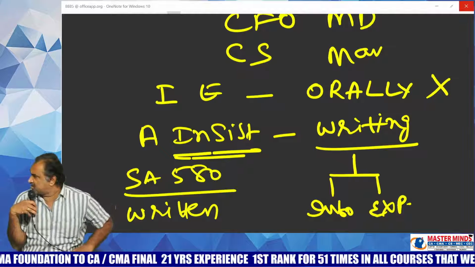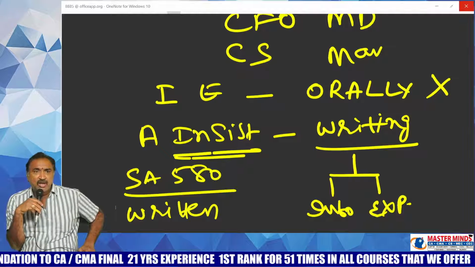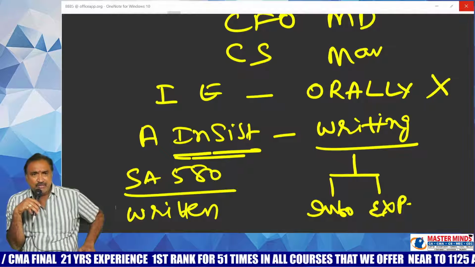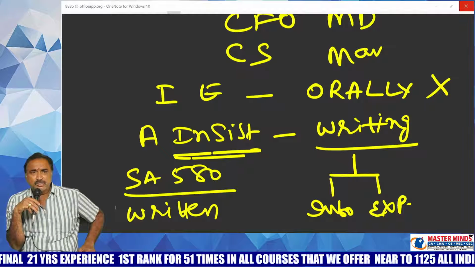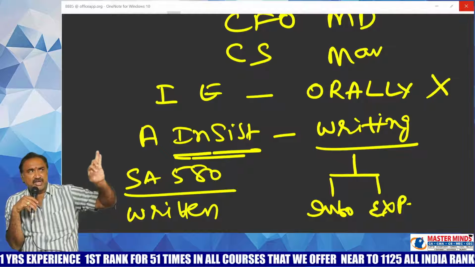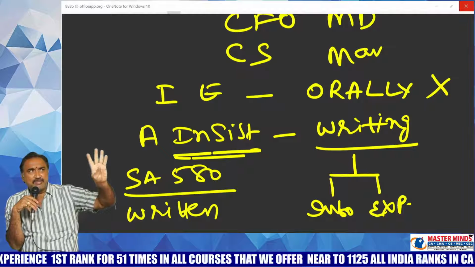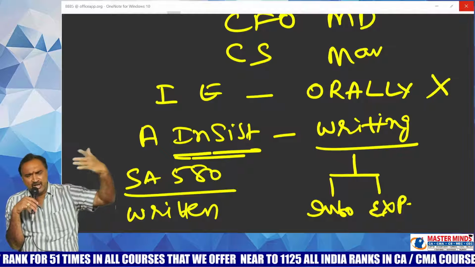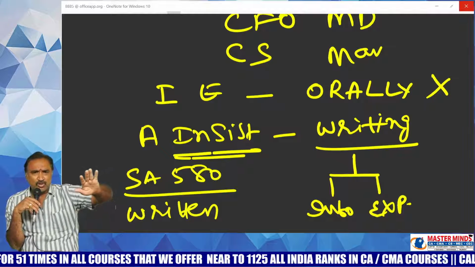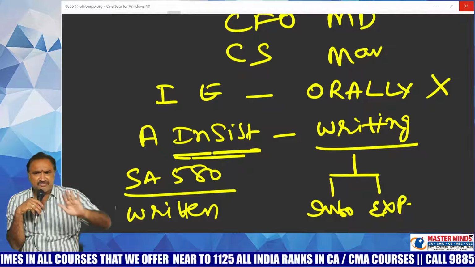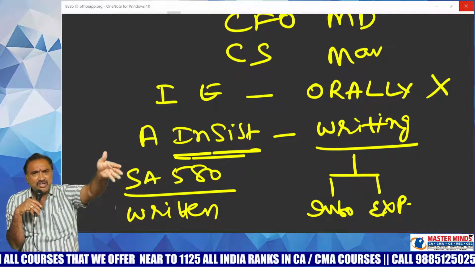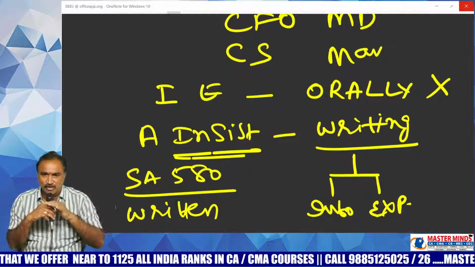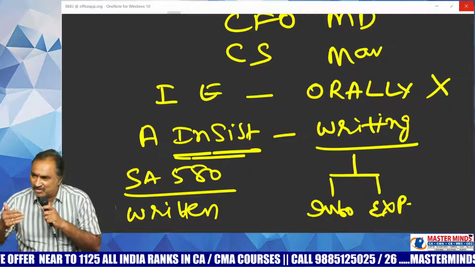The term officer of the company includes any director, manager and key managerial personnel. The term key managerial personnel includes CEO, CFO, CS, whole-time director, managing director, manager. Actually, some more definition is there in the Companies Act. I don't want to discuss the entire definition. This is sufficient for you because you are having very good knowledge of corporate and other laws. At least I need to assume like that. So the term officer includes all these persons.